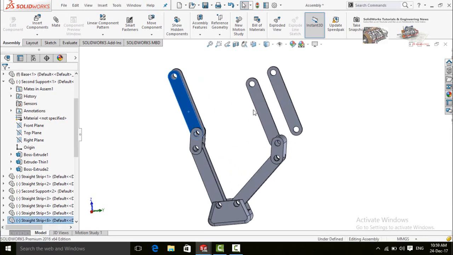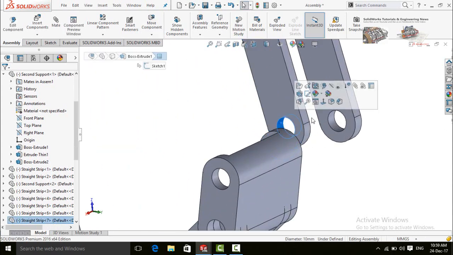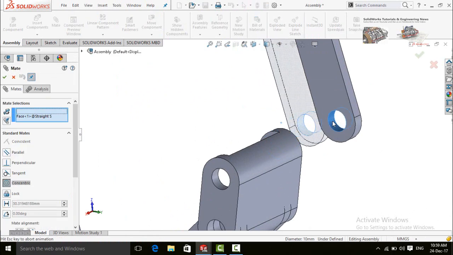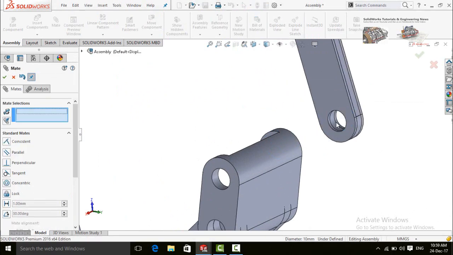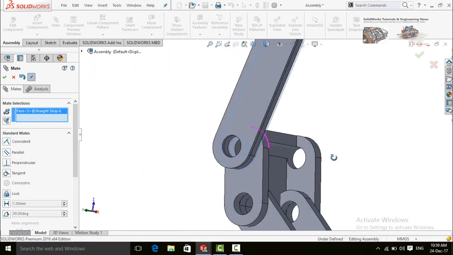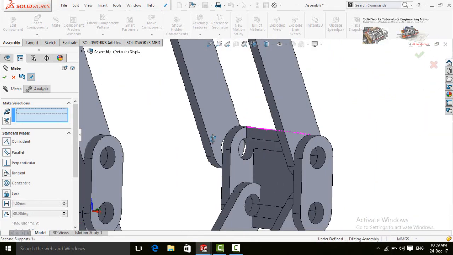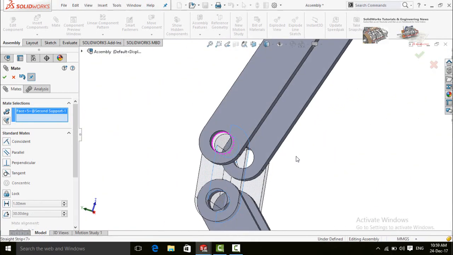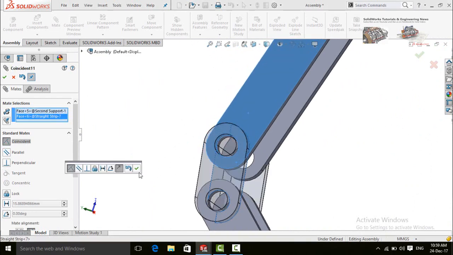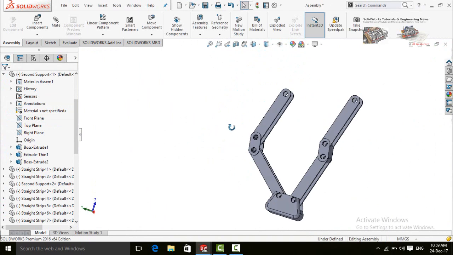We need two more straight strips for this side. Now mate them. Press OK button and then again press OK button.